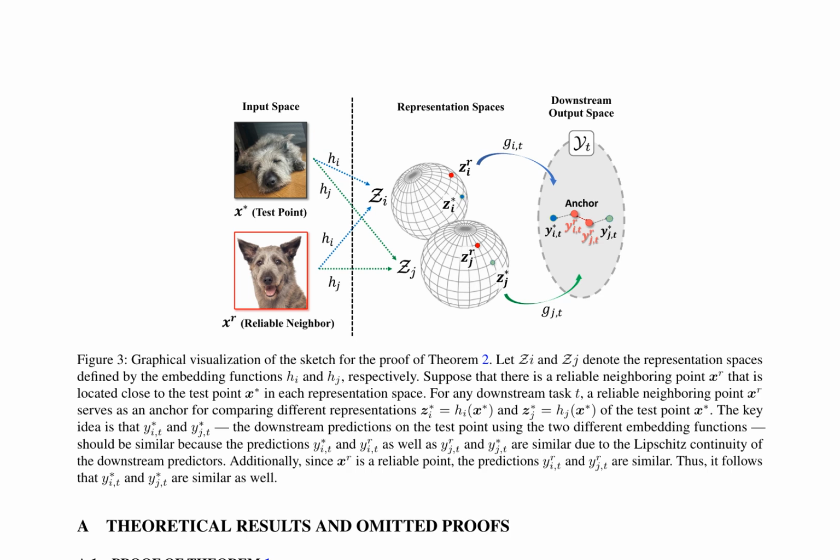Two points z1 and z2 are selected in the representation space Z, with the Euclidean distance between them being at least diam(Z) delta, where delta is a small constant. The embedding functions h1 and h2 are then defined to satisfy the condition that h1(x*) equals z1 and h1 equals A ∘ h2, where A is an invertible matrix. This construction ensures that the variance of the representation of x* under each embedding function is at least diam(Z) delta squared over 2.